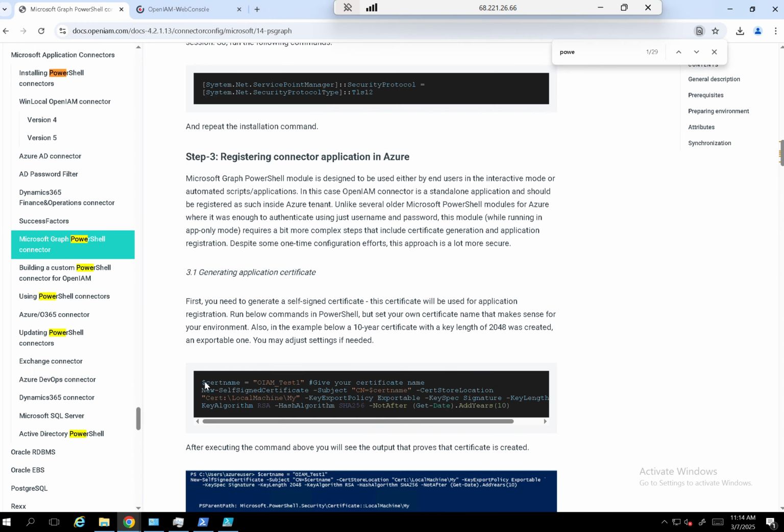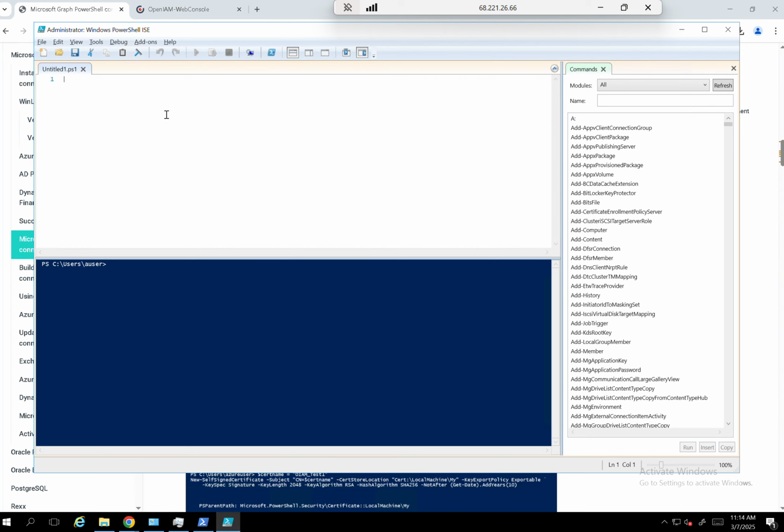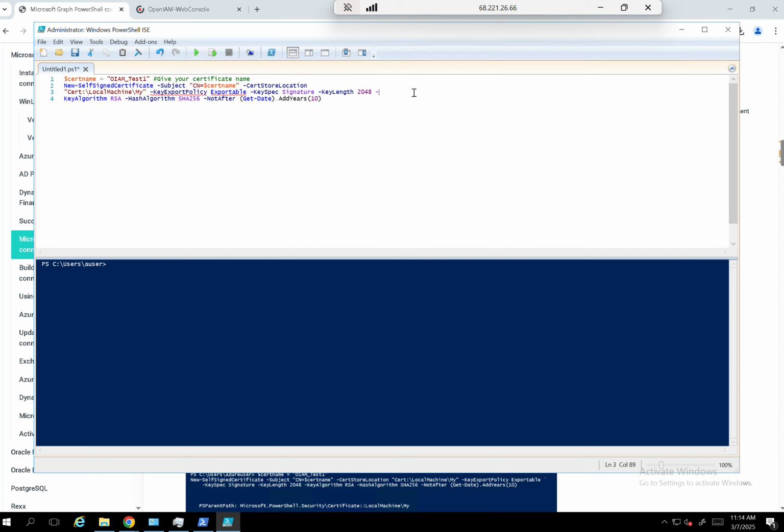So I will copy this. The authentication of the connector against Azure is done via an Azure application, and we need a certificate for this that we will generate right now. So this is